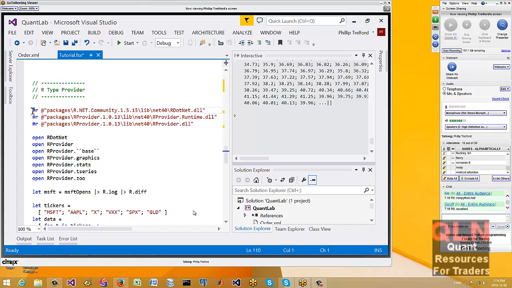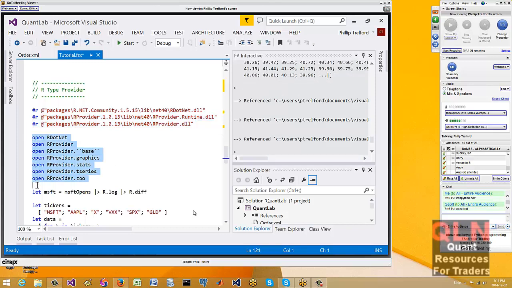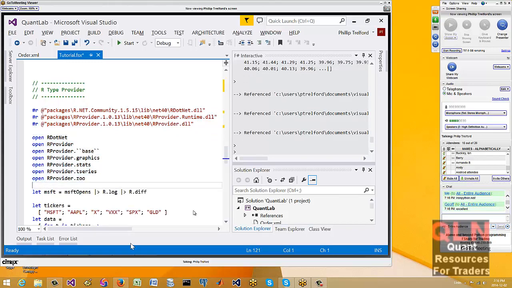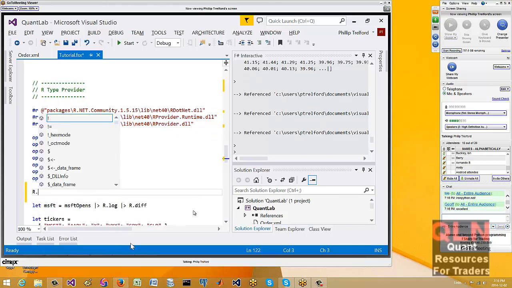So here's R. Basically, we've got an R provider. Once we've pushed the R provider in, we can literally type R dot, and we have all of the R functions available to us in the FSharp interactive window.